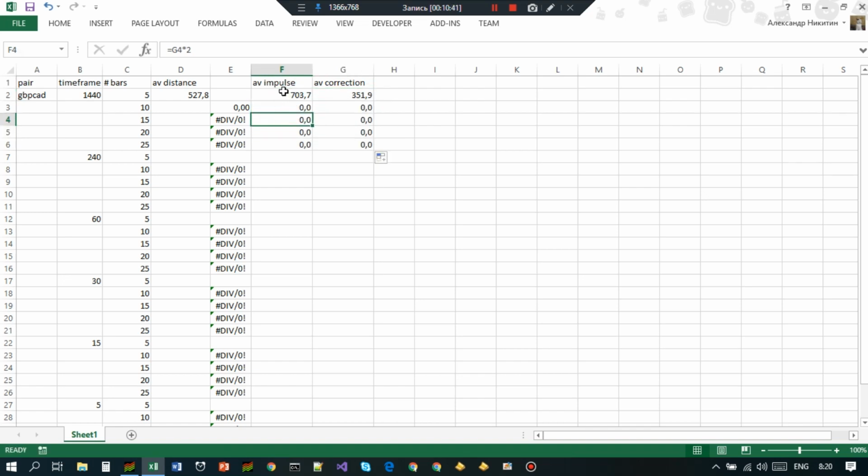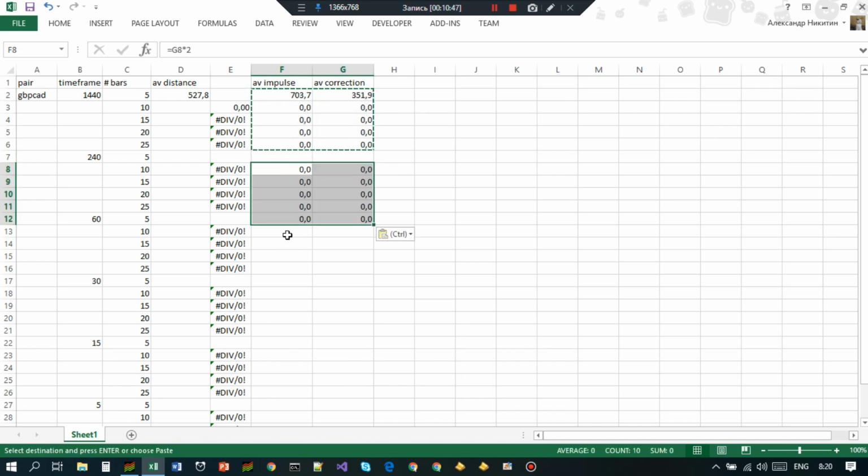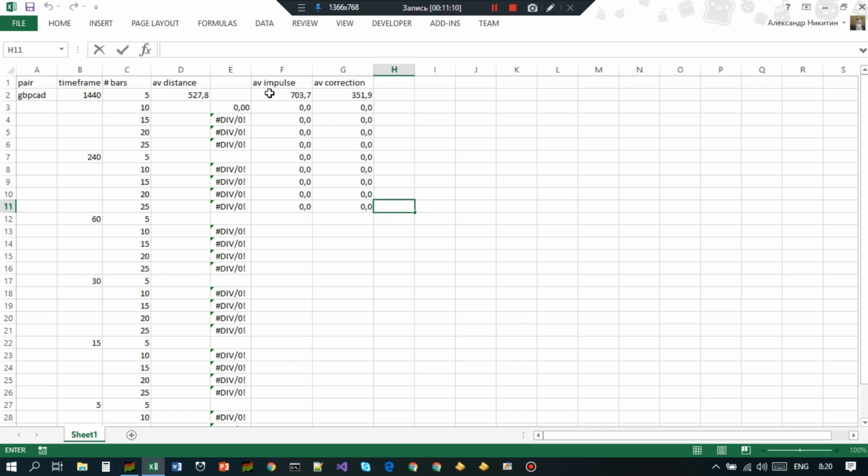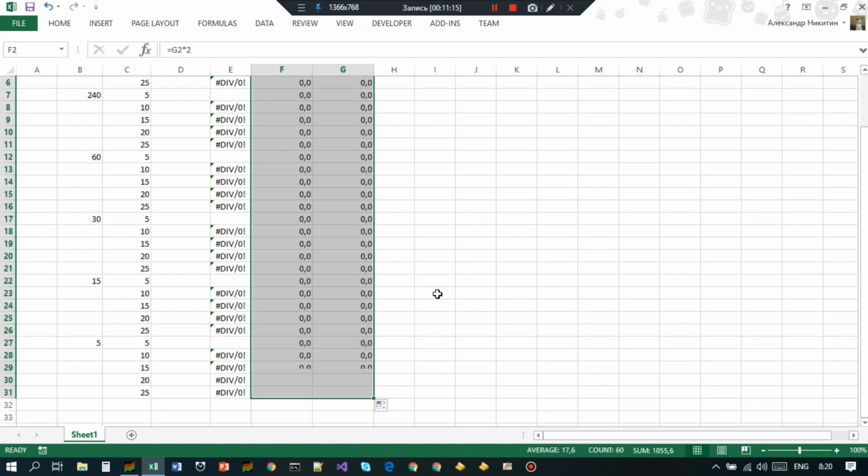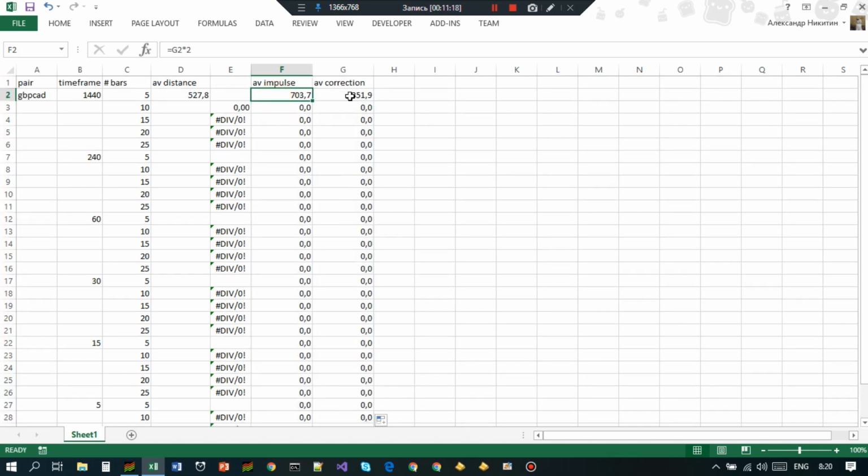Okay, now we have it this way. So I will copy, Control C, then I go Control V. It looks to me it is not that way. Oh yes, sorry. So I have to go here, Control V. Yes, it should be that. So I just stretch that to the downside. Okay, we will know the average impulse size and average correction size based on our